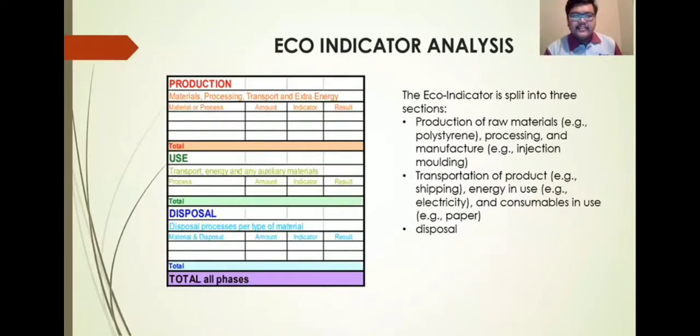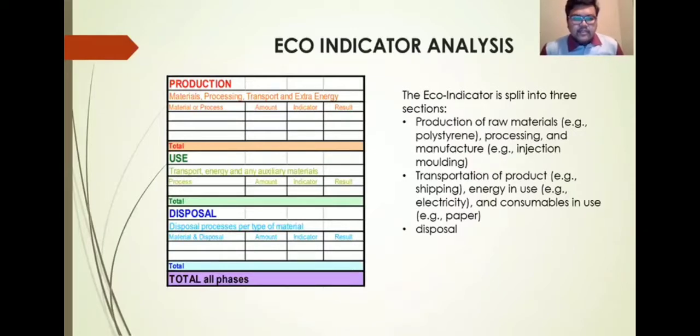And then the eco indicator analysis. The eco indicator analysis is split into 3 sections. The first one is the production of raw materials, the processing, the transport, and energy. We decide the material or the process, and then we come out with the amount and indicator, and lastly the result. Same with the use stage,